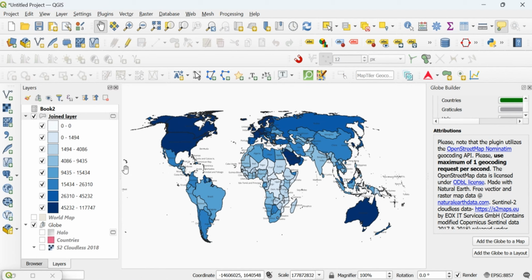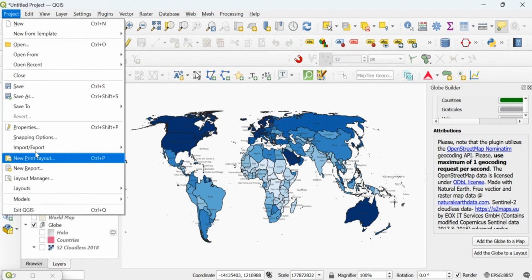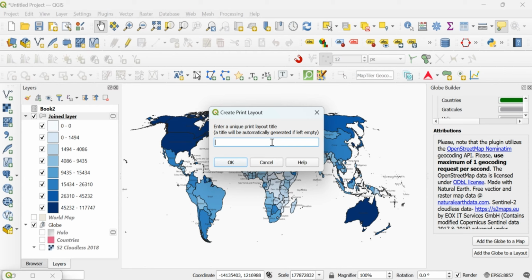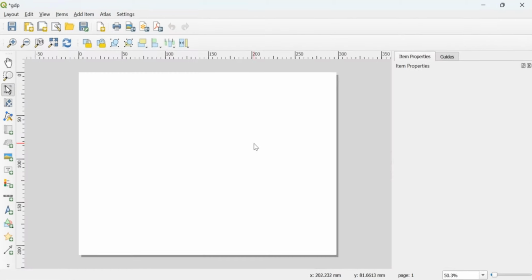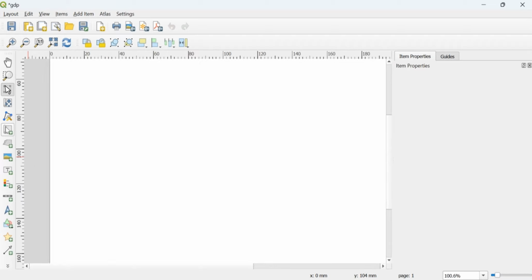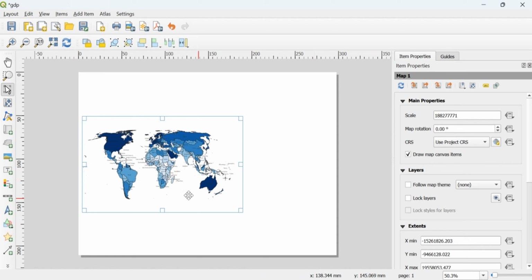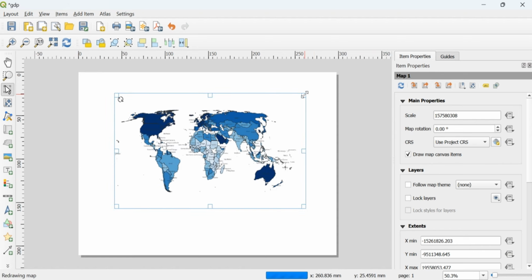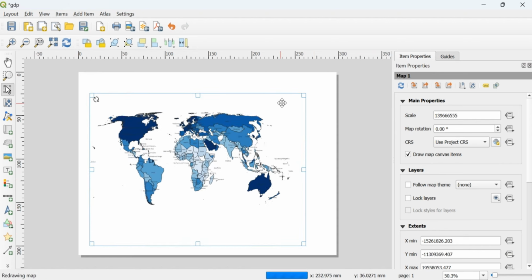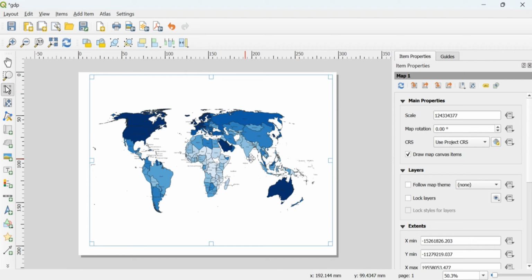If you want to make a map out of this, you can just add a new print layout. You can make it, and then we can add a map. You can just increase it a little bit.